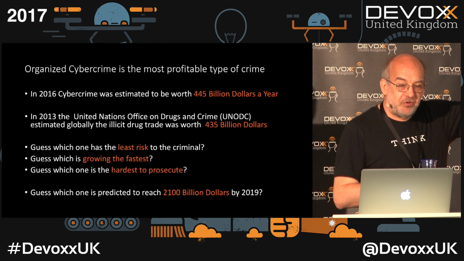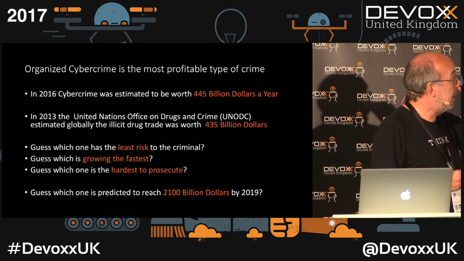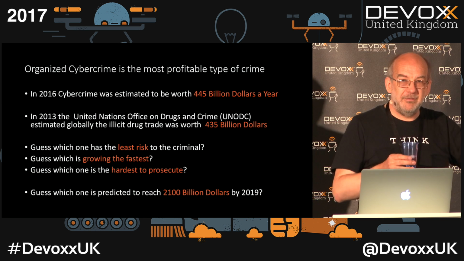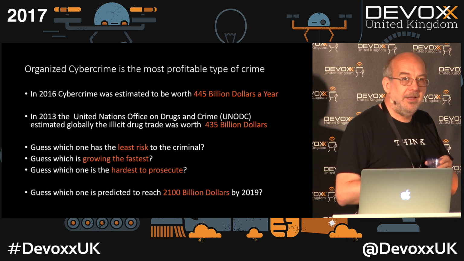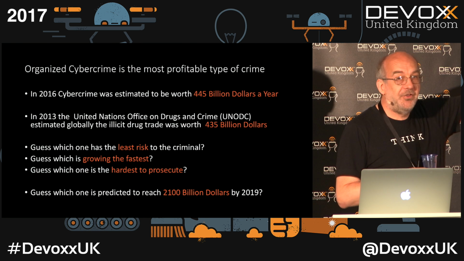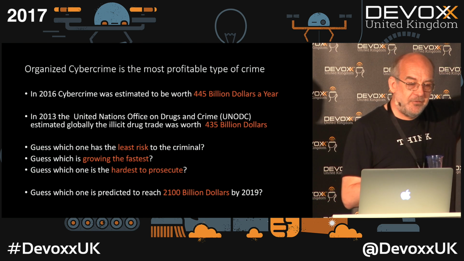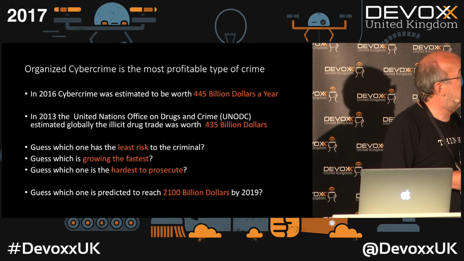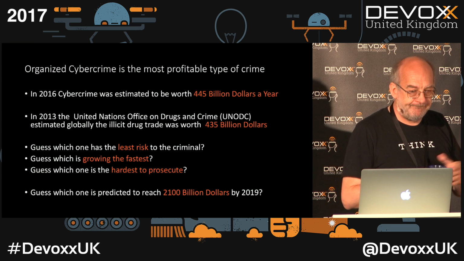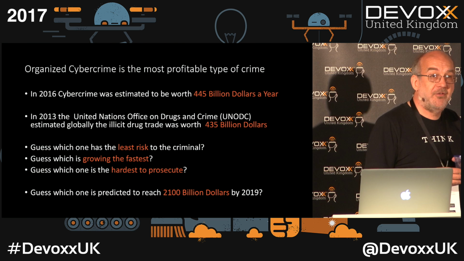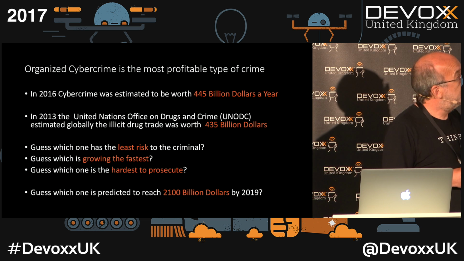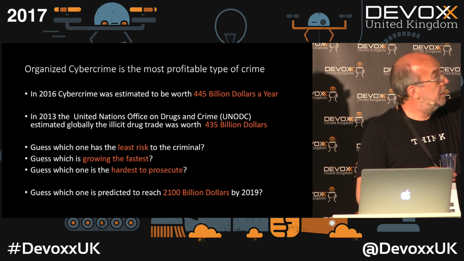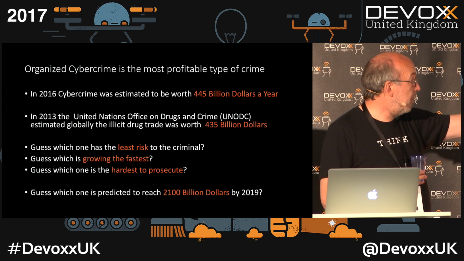The illicit drugs trade, according to the UNO, was 435 in 2013. Numbers are not perfectly easy to calculate, but you can see they're on a par. So 2016 versus 2013. Which one has the least risk to the criminal? Cybercrime. Which one is growing the fastest? Cybercrime. The expectation is that by the end of 2020, that will be 2019,